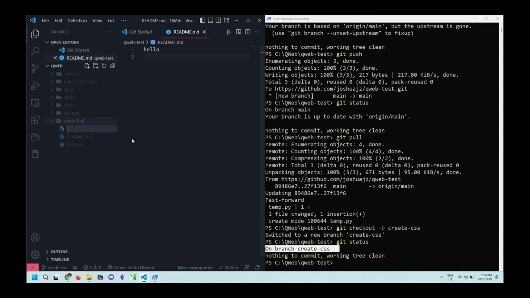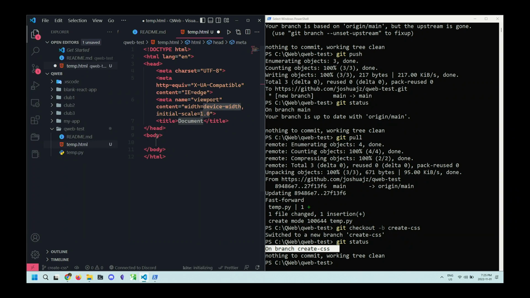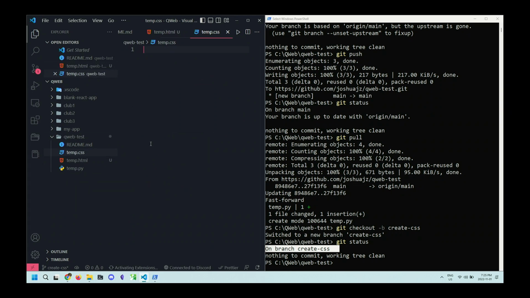Maybe we'll actually add an HTML file, maybe call it temp.html, and maybe I'll just add some starter HTML by using this shortcut in VS Code, which is HTML:5. If I press enter on that, it just adds some boilerplate HTML, right? We've gone into this before, that I'm just adding some fake stuff so that we have actually something to work with. From here, we could also maybe add in a CSS file, right? We could call it temp.css, and we could do all of the stuff that we've been doing in the previous